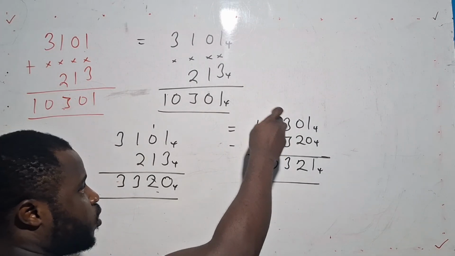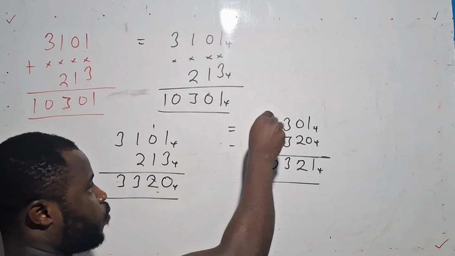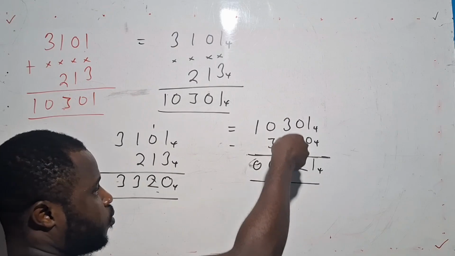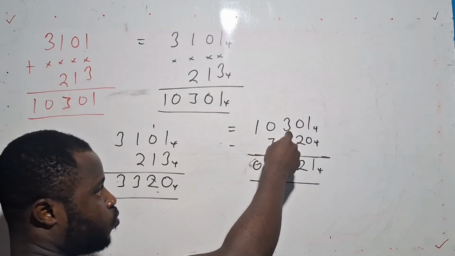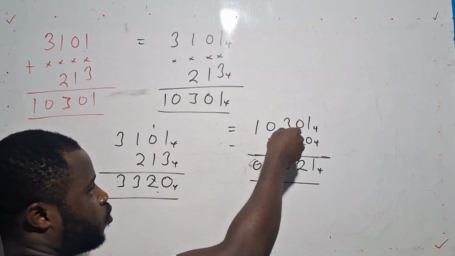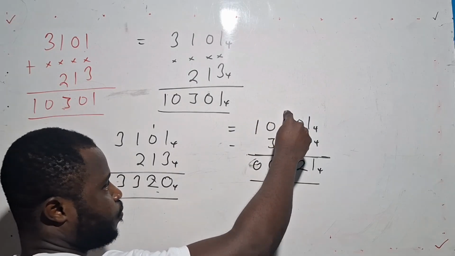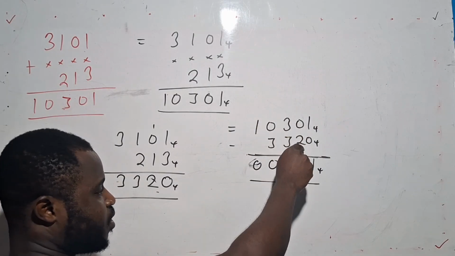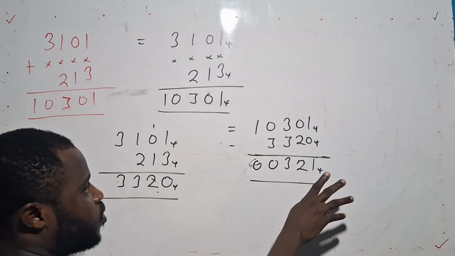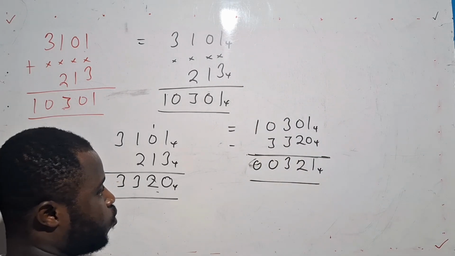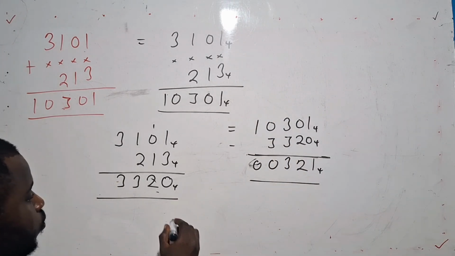So we borrowed here, we couldn't subtract. So we couldn't subtract this from the 2, so we borrowed 1 here. So 2 here is 0. So we borrow 1 here. Here is 4. We carry 1 here to the 2, which is 4, 6. So here has left with 3. 3 from 2 is 0. Then here 2 has finished. So therefore,